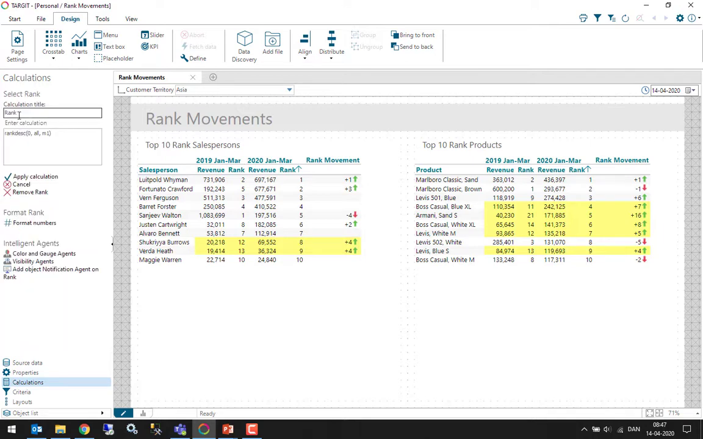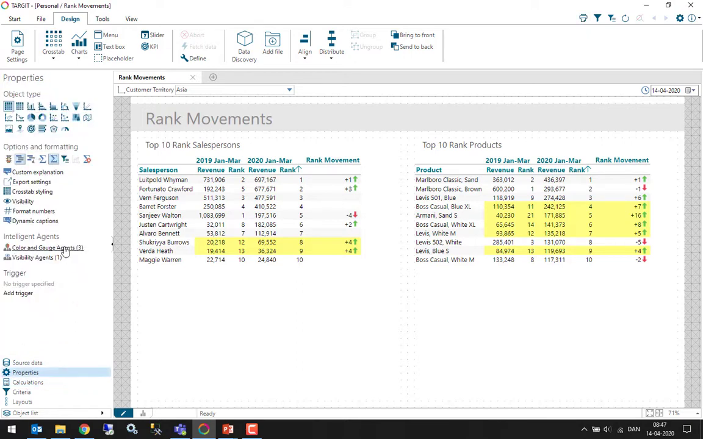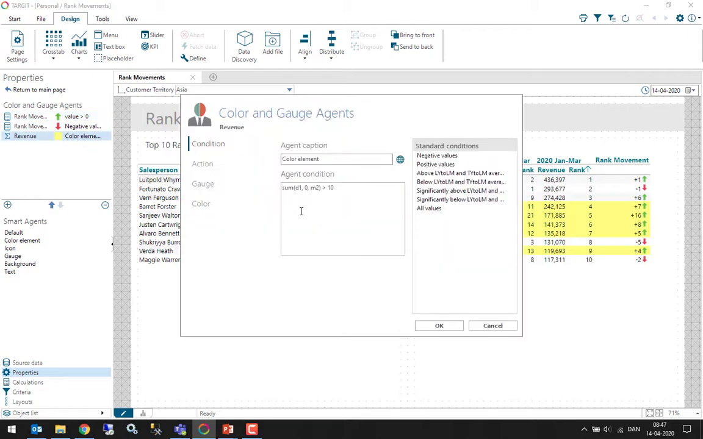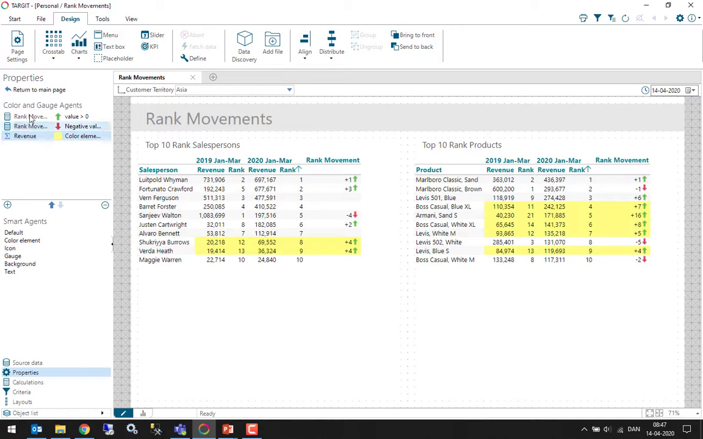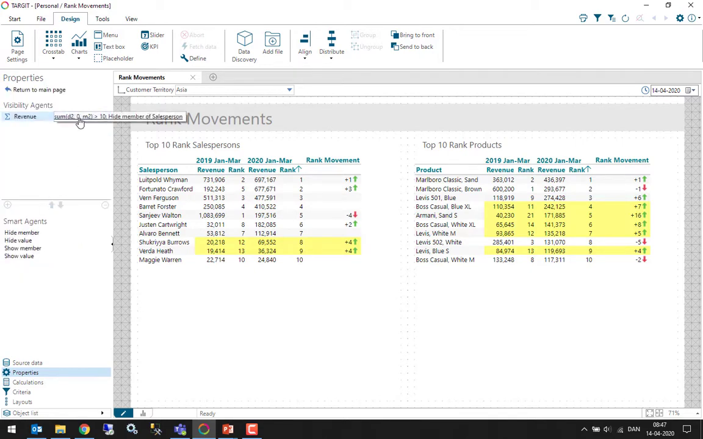Got a few on here. They're not really that complex, but we got two of those. But also we got some color and gauge agents here, 3 in total. And if we look into one of these, we can see that the conditions include calculations actually. And for the last one, the visibility agent, also here we got something that includes a reference to a measure